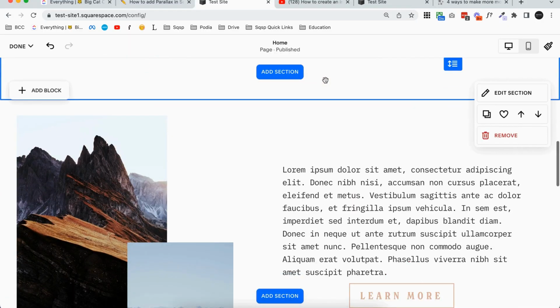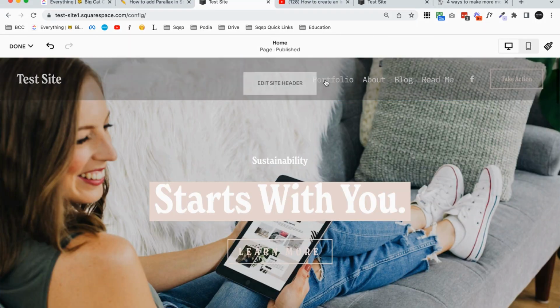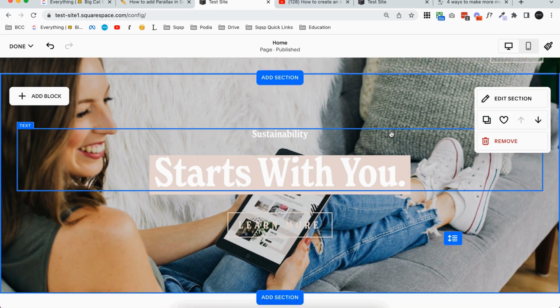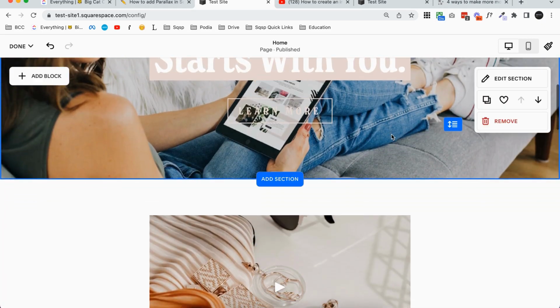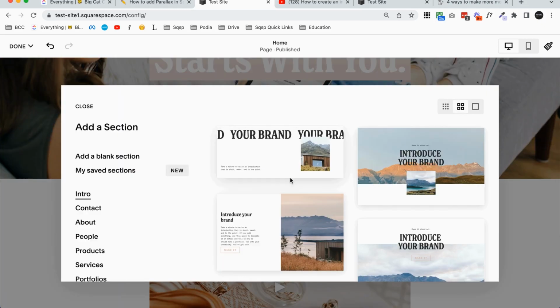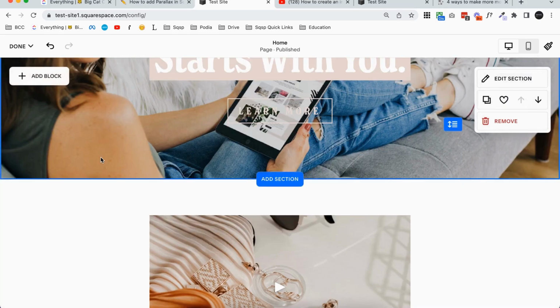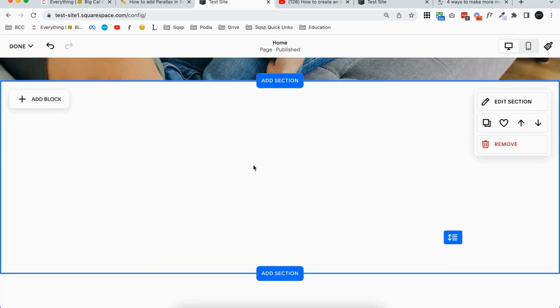Okay, so I'm in Squarespace 7.1. I just have a little test site here with a bunch of random stuff in it. And I'm going to show you all of these cool background effects, including parallax. So to start with, I'm going to add a blank section. So click add blank if you're following along with me. We don't need to start with a layout because I'm just showing you stuff that's going to happen in the